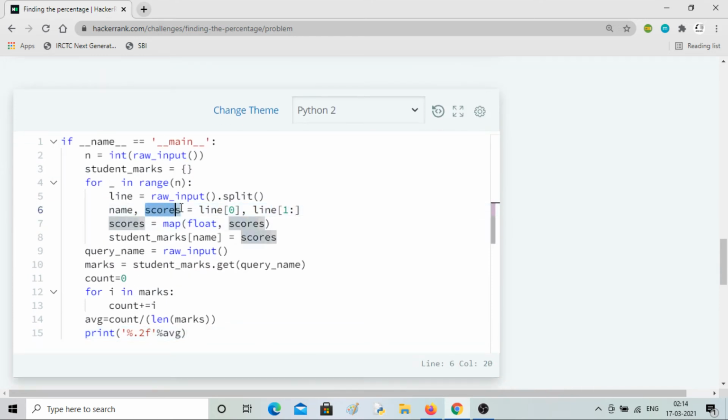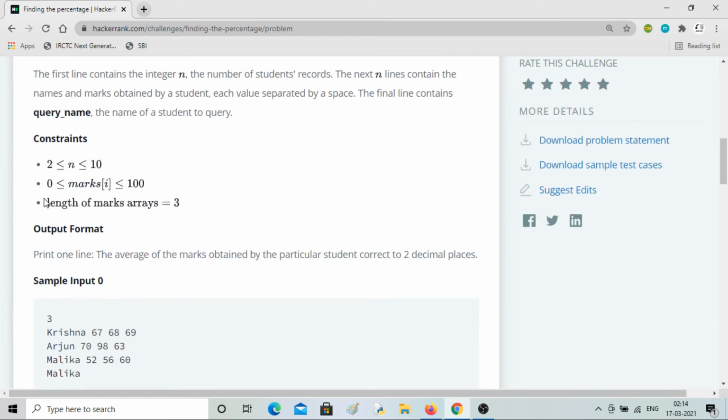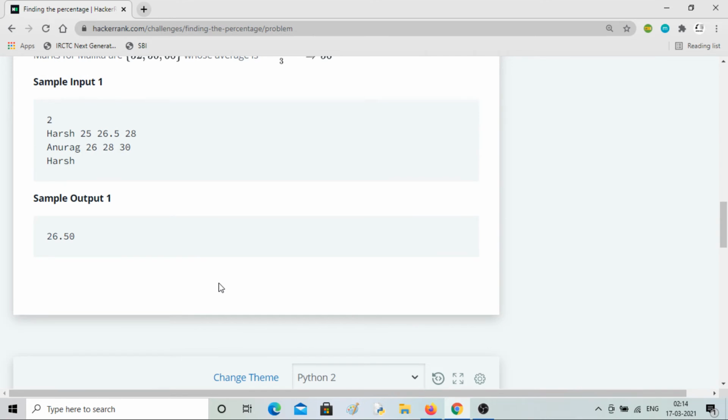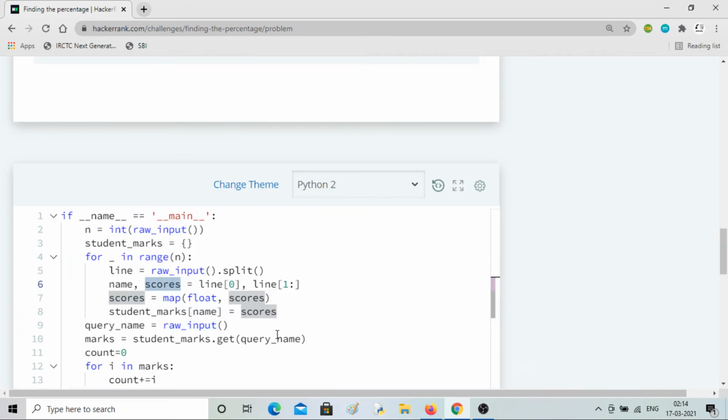For scores you can put the condition. Okay, an if condition, where the length of the array has to be 3, and you can do that. And for these scores, another if condition will work, where scores will have only 3 entries.